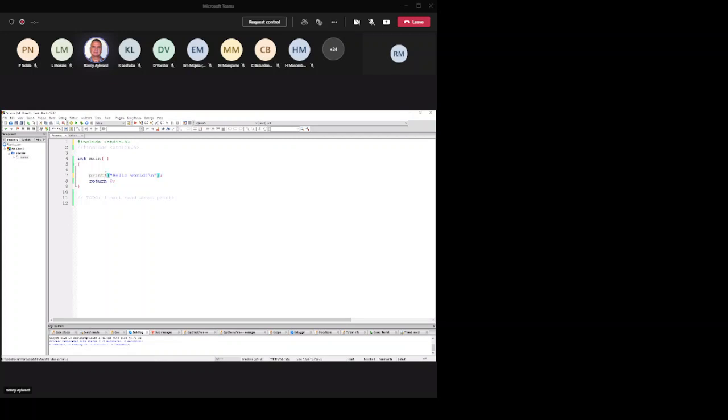So let's just change things up a little bit here and make an error, and we put an S in there. And now when I compile, you'll see at the bottom it says in function main, undefined reference to printfs, and you see there's a little red dot.